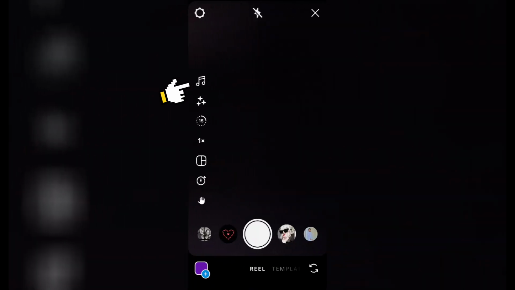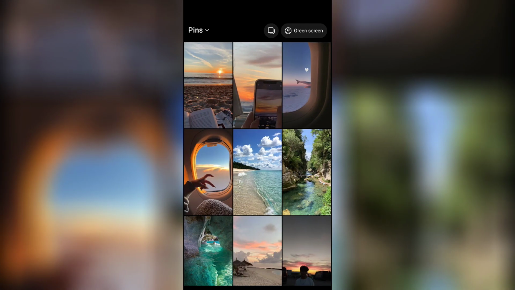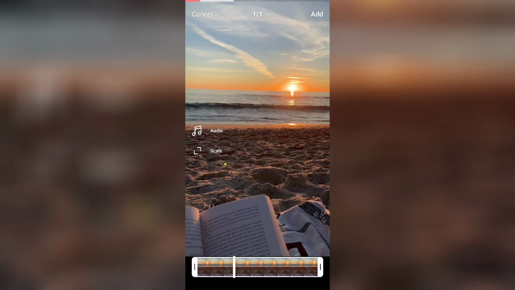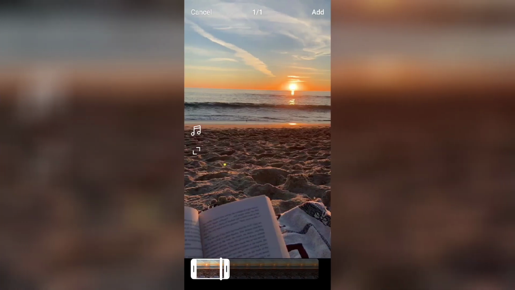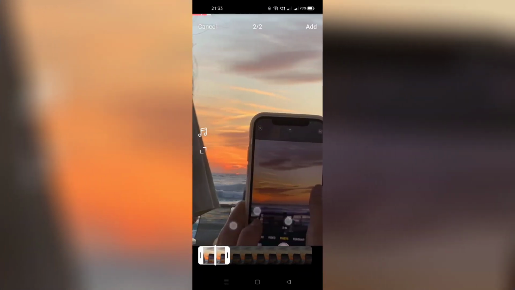Then from here, choose your audio. After adding your audio, then go to gallery option and add your photo or video. After adding photo, now set the time duration according to you. Now you have to go to gallery again and add your next photo or video. Then set it to a time duration. Like this one after another, you have to add your all clip and set it to a certain time duration